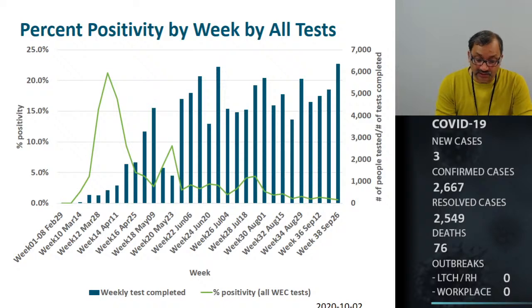This figure looks at all the tests and unique individuals tested by week in Windsor-Essex. In total, we have tested 105,801 tests that were completed, and out of these, 63,533 unique individuals as of September 26th. Looking at all our tests, our current person positivity is 0.6%, which is represented in the green line, and our cumulative person positivity since the beginning of the pandemic is 2.8%.